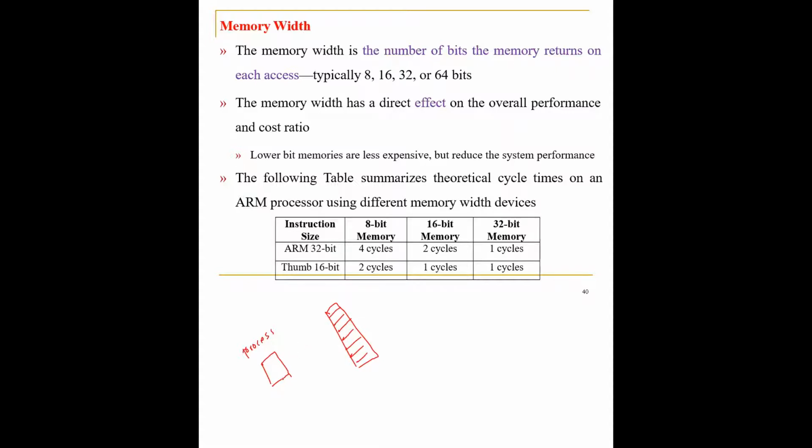So let us say the processor is 16-bit in size. The processor is 16-bit in size, and the bus connecting the processor and the memory is also 16-bit in size. So what will the processor do? The processor will try to access the data from the memory. In this case, in one single access, the processor can get the data from this particular memory, process the data, and send the data back to the memory.